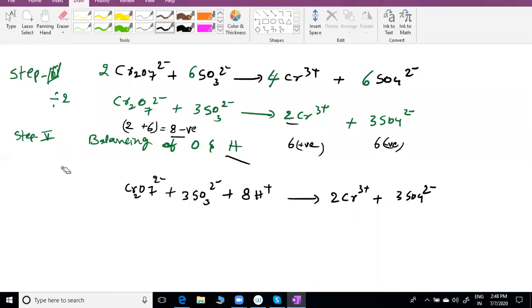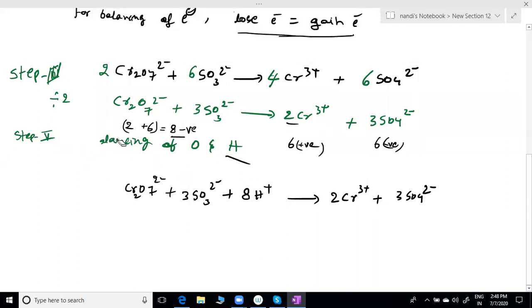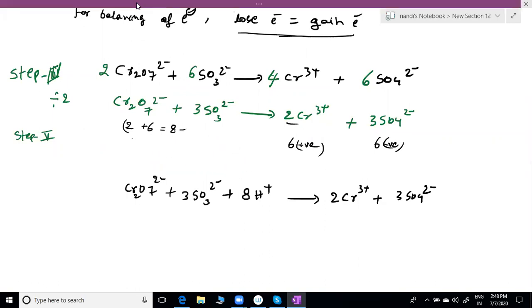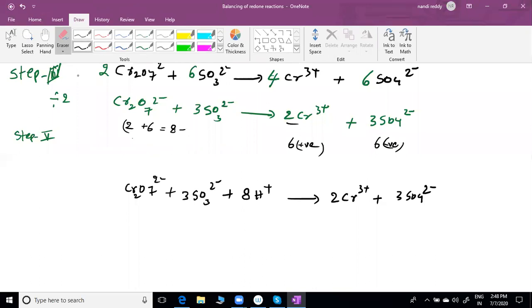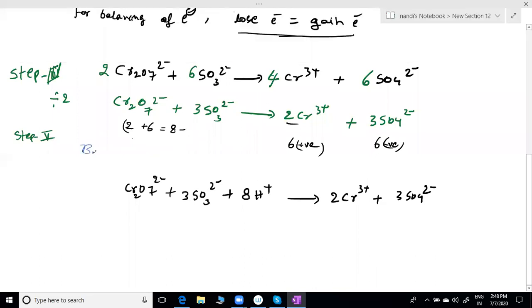That point: balancing of charge. Now balancing of hydrogens